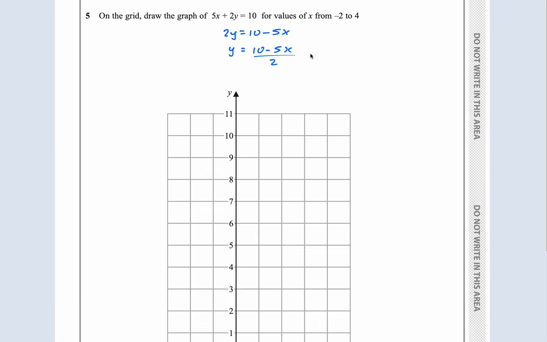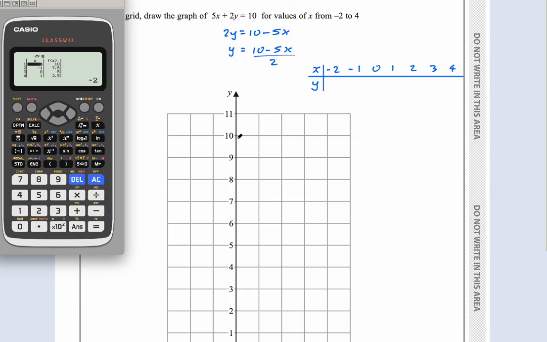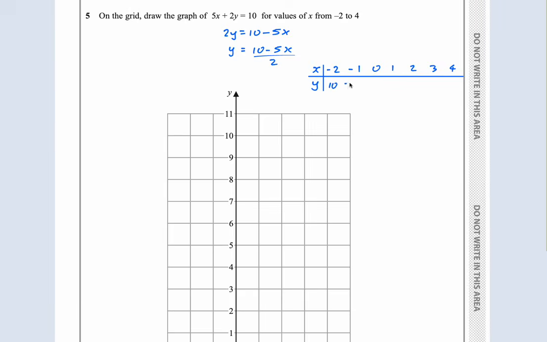You can do x and y like this. And then you just do from minus 2, minus 1, 0, 1, 2, 3, 4. And in the calculator it was 10, 7.5, 5, 2.5,